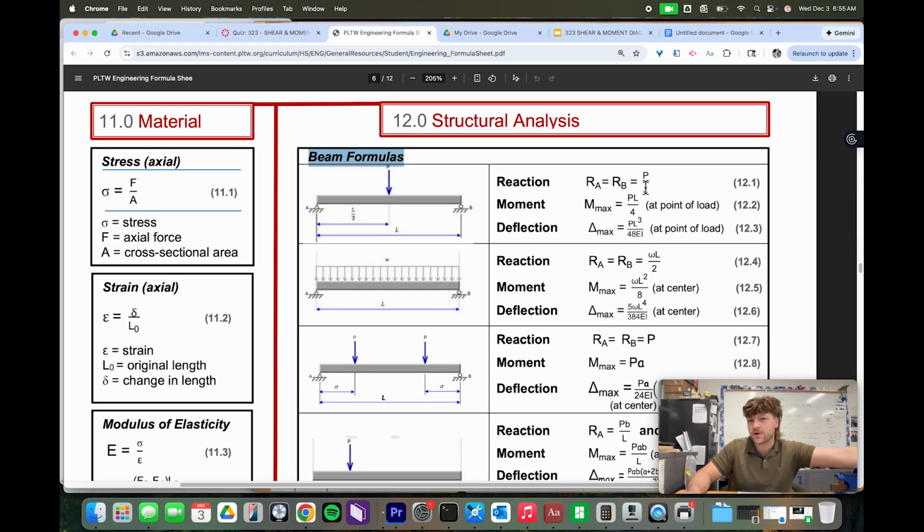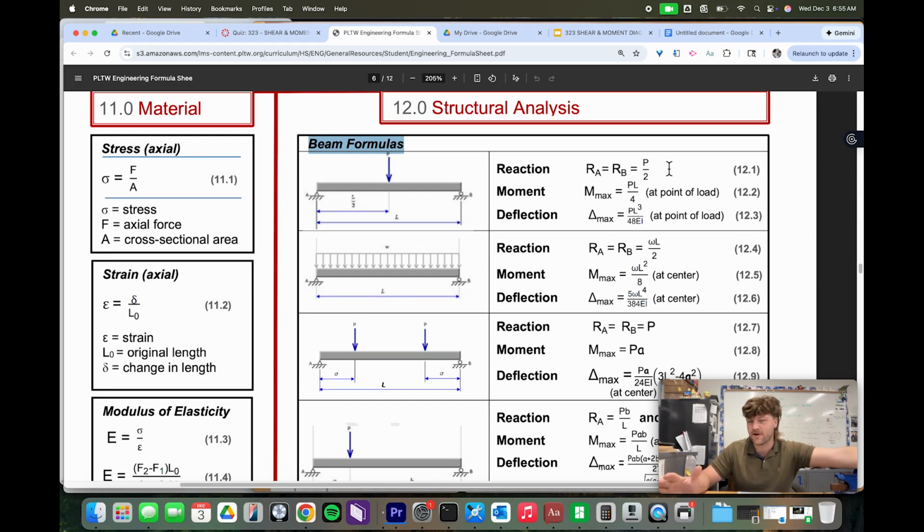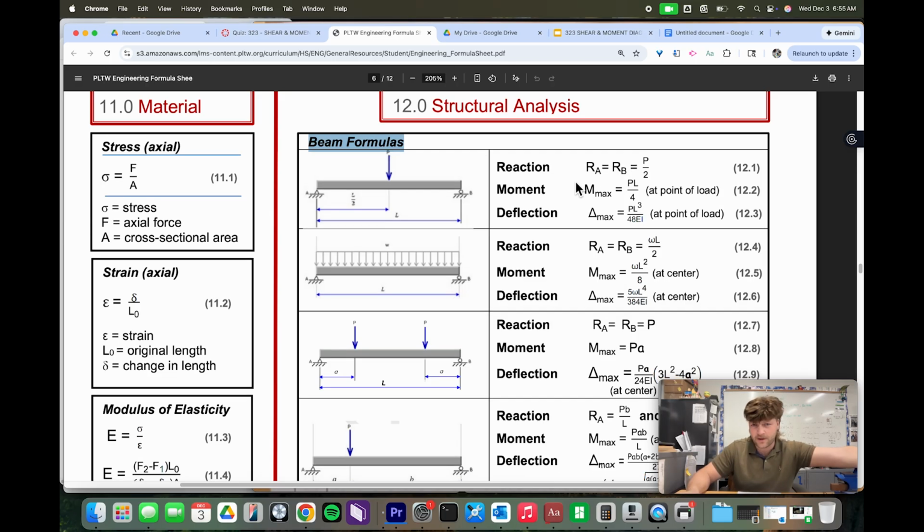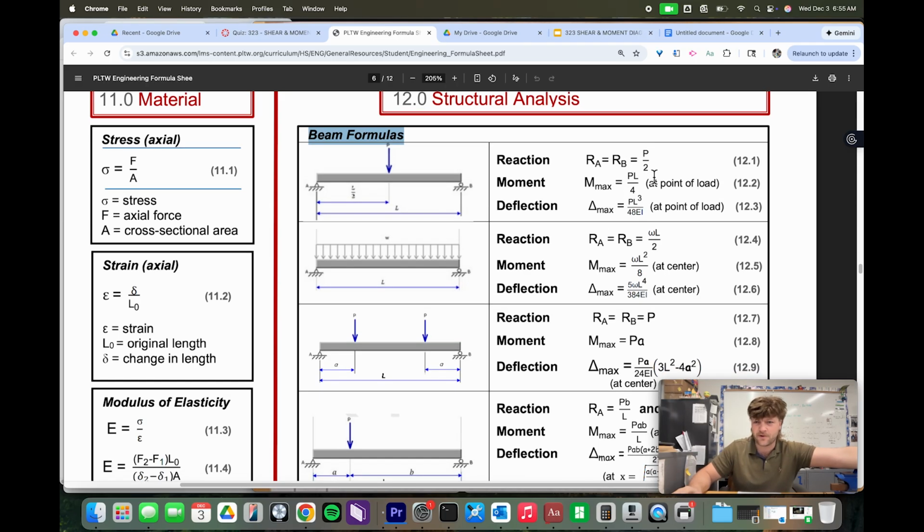All of these shortcut equations, they're derived from the static equilibrium equations, right? And so basically, they have it set up where this is the very end result here for you. And so we're going to be using these very consistently as we're going through these practice problems. If you end up having a scenario like this where it's a concentrated load that is symmetrically placed right in